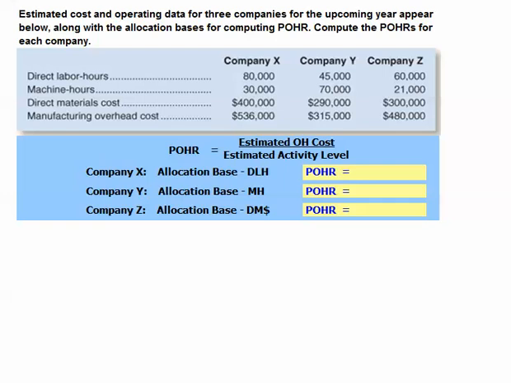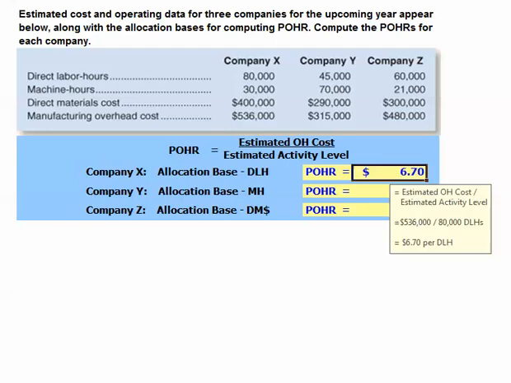Estimated cost and operating data for 3 companies for the upcoming year appear below, along with the allocation basis for computing predetermined overhead rates. Compute the predetermined overhead rate for each company. Recall our predetermined overhead rate is simply our estimated overhead cost divided by an estimated activity level. For Company X, they're allocating overhead on the basis of direct labor hours, and Company X will have a predetermined